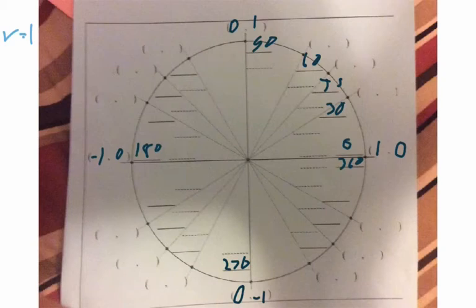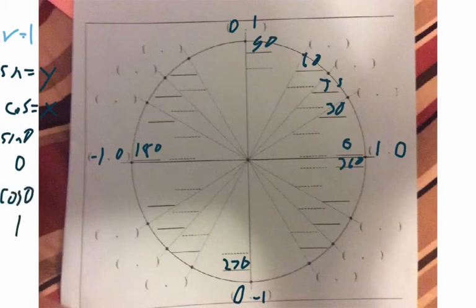And anytime we have this unit circle, the sine is the same as the y value, and the cosine is the same as the x value. So if I ever ask you what is the sine of 0, the answer would be 0. If I ask for the cosine of 0, the answer will be 1, because the y value is the sine and the x value is the cosine. So as I go around the circle,